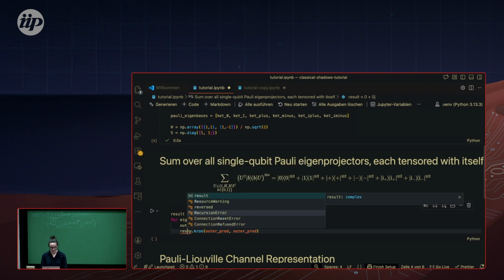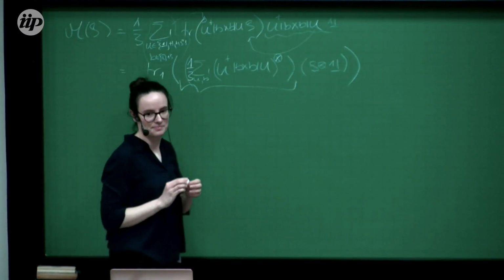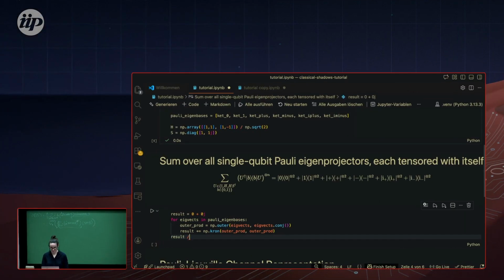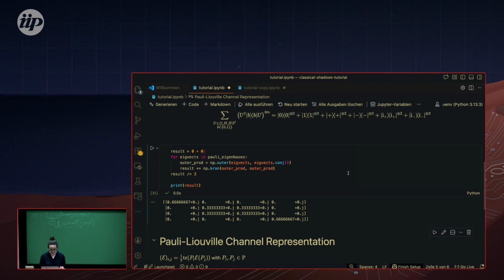And now we want to average over them, like this. Good. Now we shall not forget the 1/3 I want to take care of. I want to pull it in. So this is here. Oops. So then after we sum over it, we need to take care of that like this. And then with that, we can now look at our result. Print. Did it work or not? Ooh, it worked. No, it did not work. Why didn't it work? I don't know.